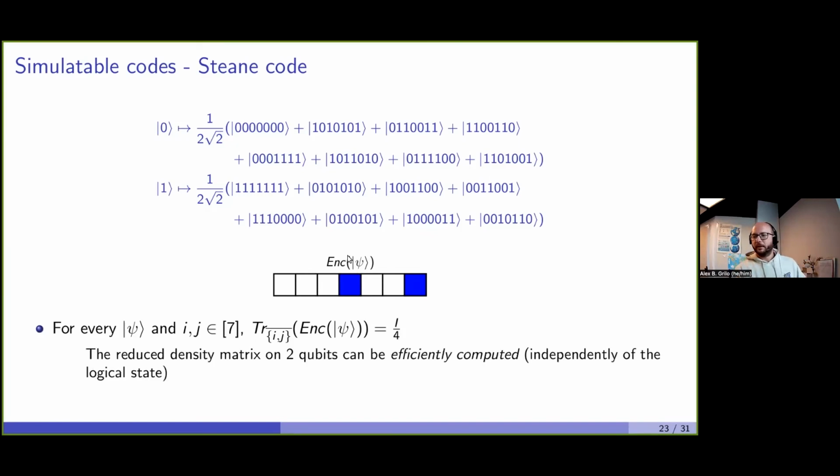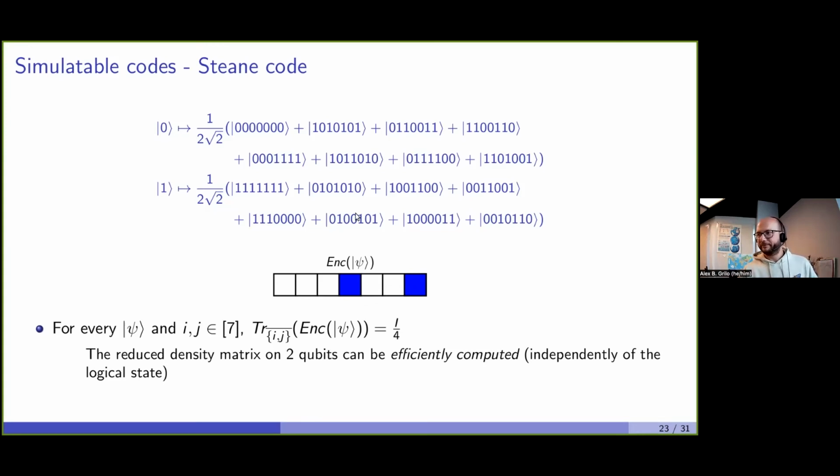Okay. In particular, since we know its identity, we have that the reduced matrix of 2 qubits of any encoding of a correct code word of psi can be efficiently computed, right? One can efficiently simulate having identity, right? You can even compute the reduced matrix of these 2 qubits. Okay, so this is a not so hard observation, but the idea is that we're going to